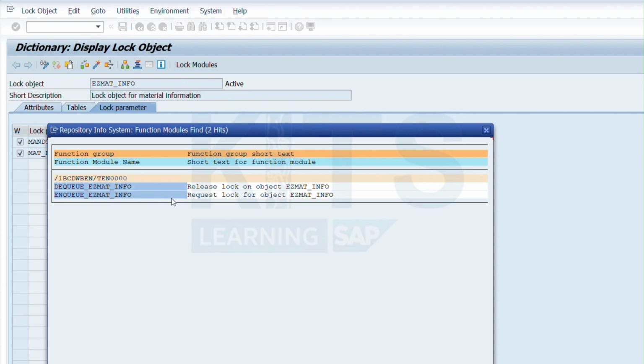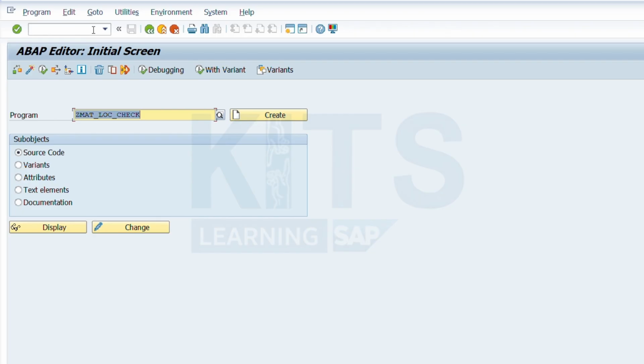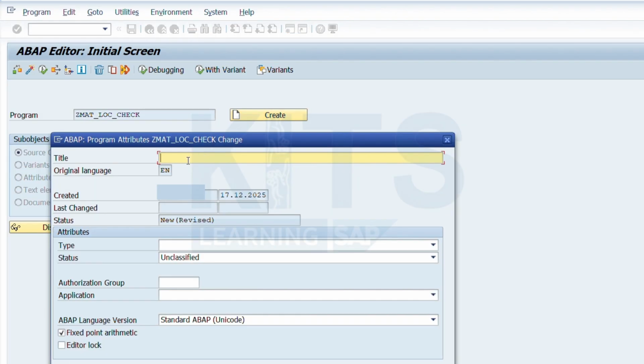Alright, let's now apply this by using the generated function module in an ABAP program. Go to transaction SE38, enter a program name zmat_lock_check and click on create. In the pop-up window, keep the program type as executable program and save.